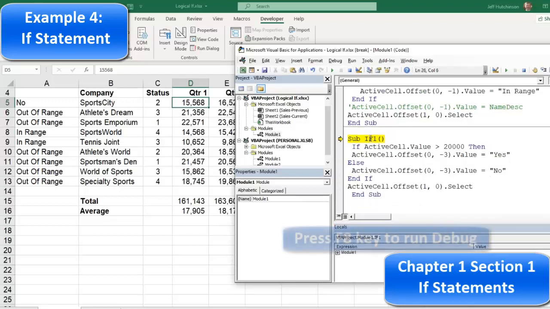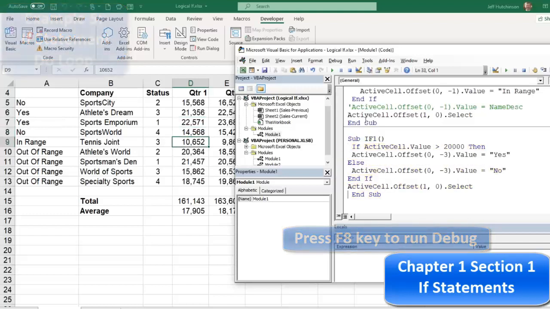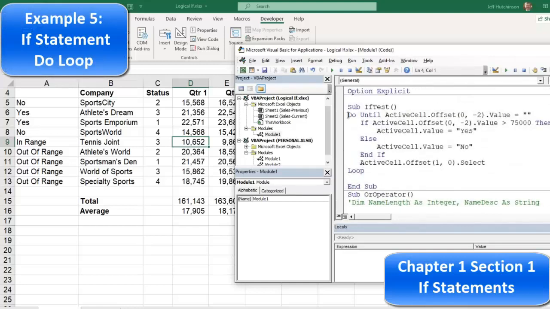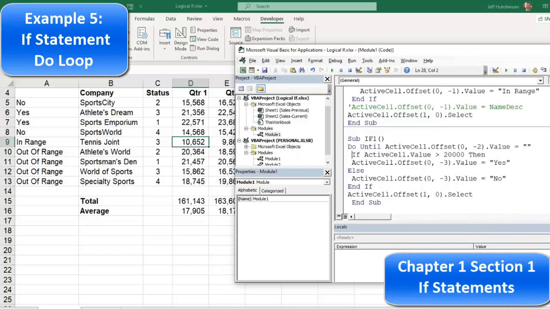Oh. So then we'll run this again. See if we can get it to push down a little bit. Drop down. Now it's going to run it again. The yes in there. And it's going to run through this way. Okay. Good. So now we can move up and we can put our do loop in here and fix up the code to do this automatically. So we're going to cut this do loop out of here. We're going to put the do loop right here and simply